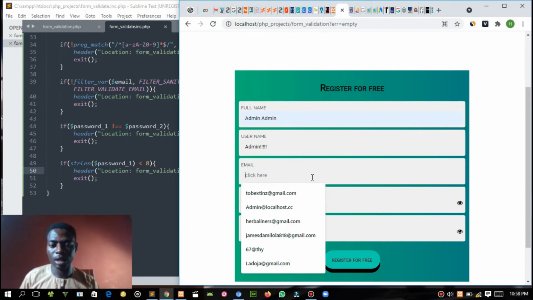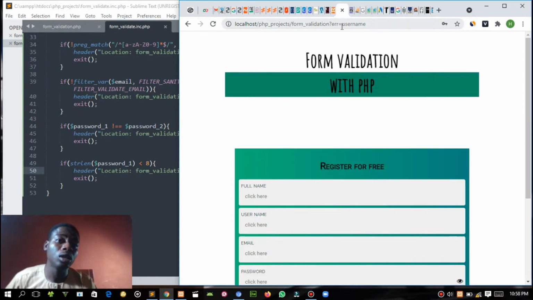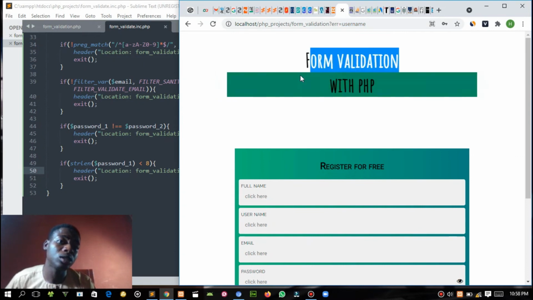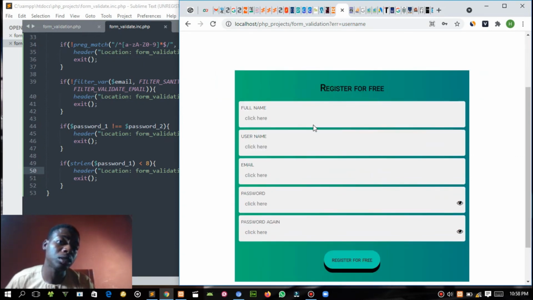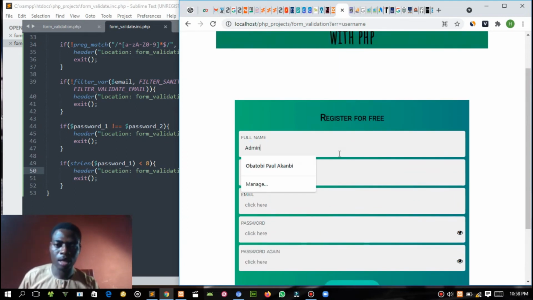I gave a wrong username. Click on this place, click here, click here. So it says, oh, the username that you provided is not a proper username, please do something about it. Click here, admin,